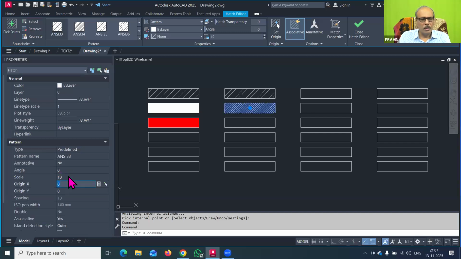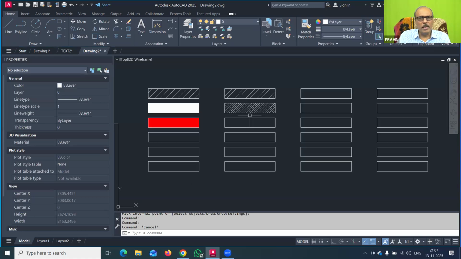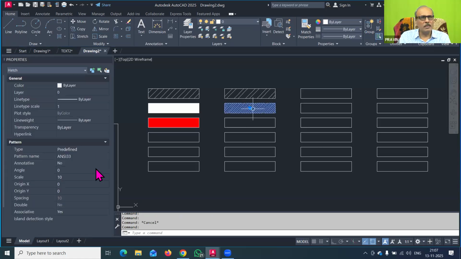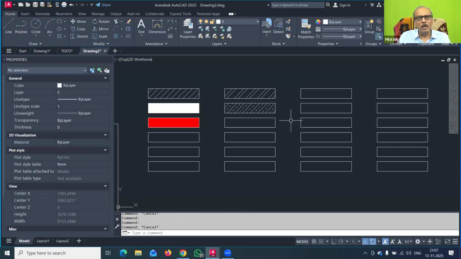You can just see that the proper pattern is appearing. If you feel that this is too dense as per your drawing size, you can make it 20. It will give you a good pattern for our stone masonry, UCR rubble masonry, coarse rubble masonry, ashlar masonry, and stone foundation.